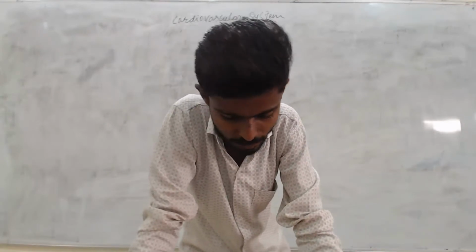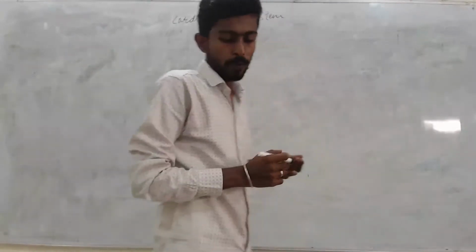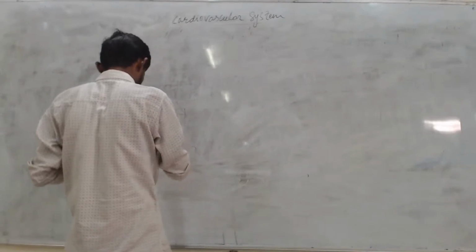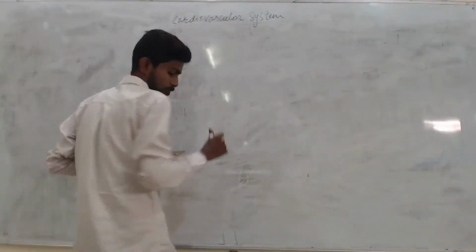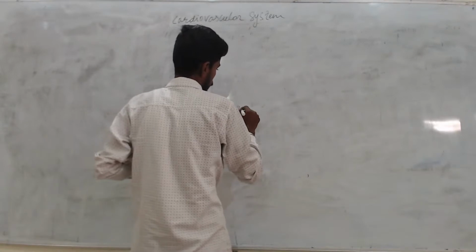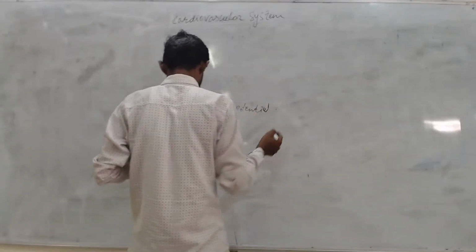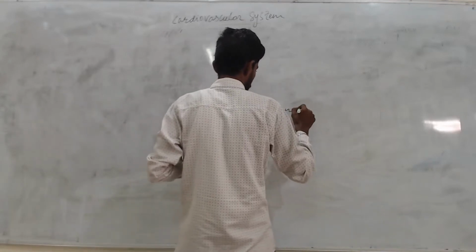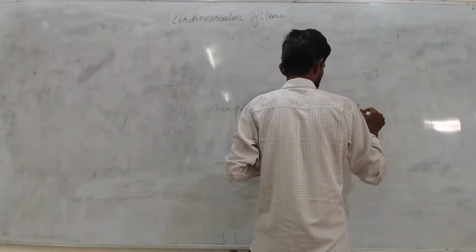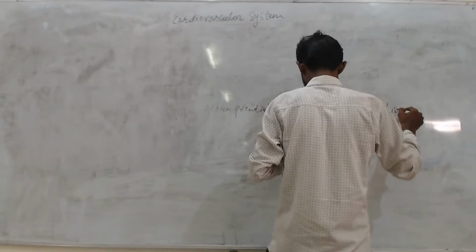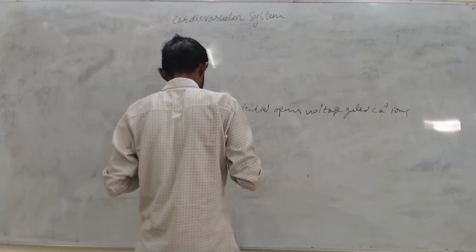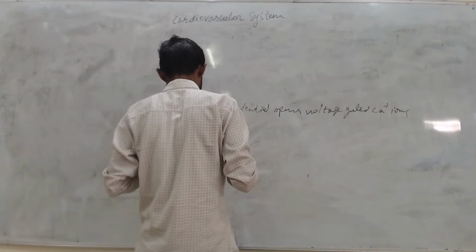The difference between skeletal muscle and cardiac muscle is that when the action potential opens voltage-gated calcium channels, the increase of cytosolic calcium causes calcium ions to bind to receptors on the sarcoplasmic reticulum.